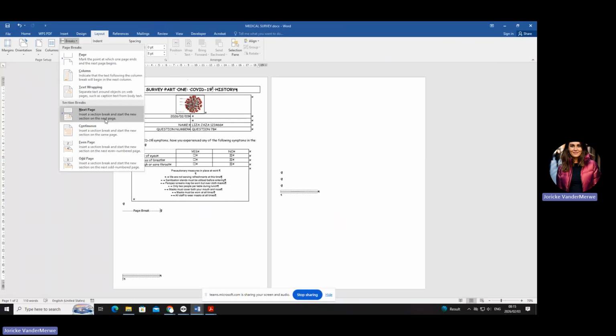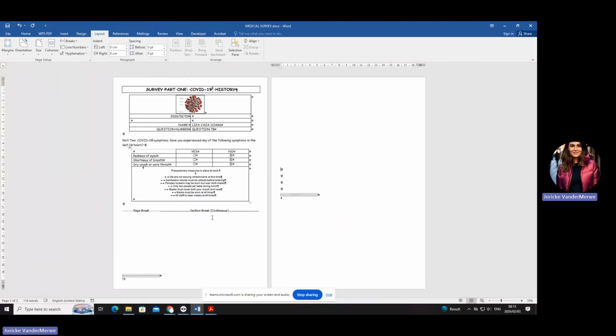So you're going to do a continuous one. If you forget, read what it says. It says insert section break and start a new section on the same page. You don't want another new page, because that is what the page break does, right? It inserts a new page. That's not what you want. Okay, so there you got it.